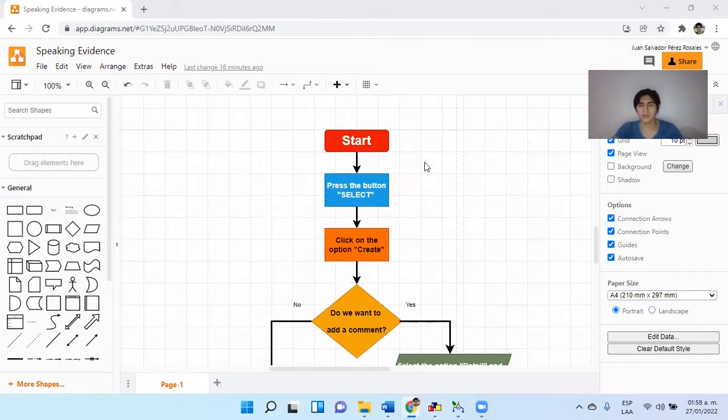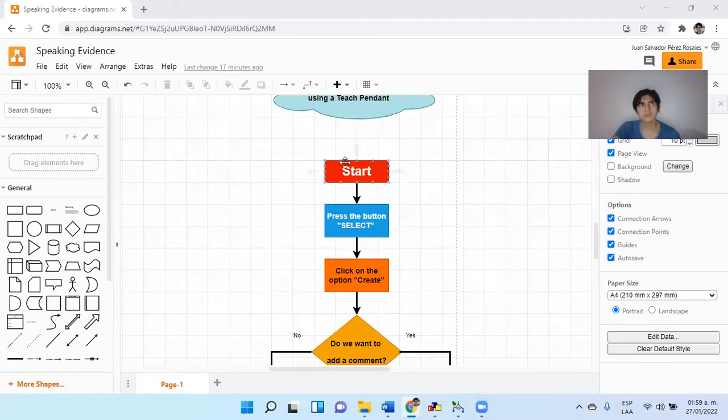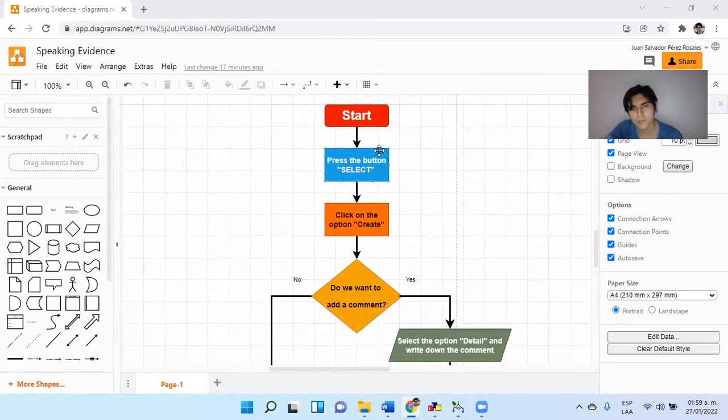And well, every flowchart must have a start and an end, and these must be represented with the symbol of an oval, as we can see here. Then we have this rectangle that represents a process or an activity, and in this case is to press the button or to click on the